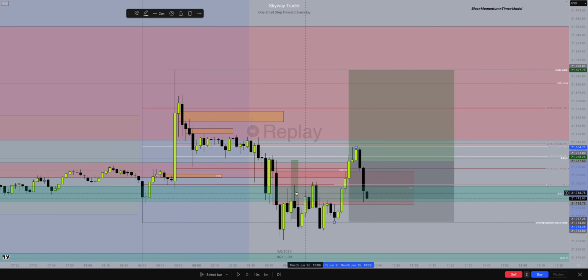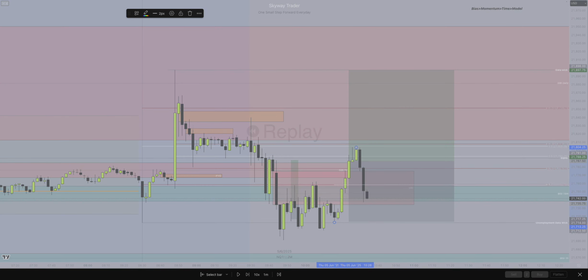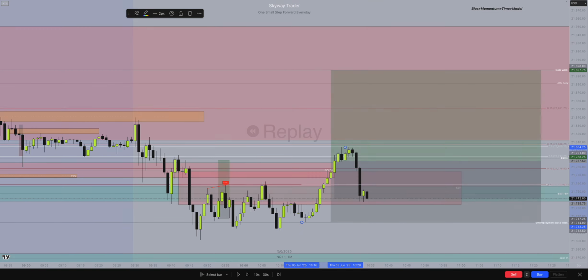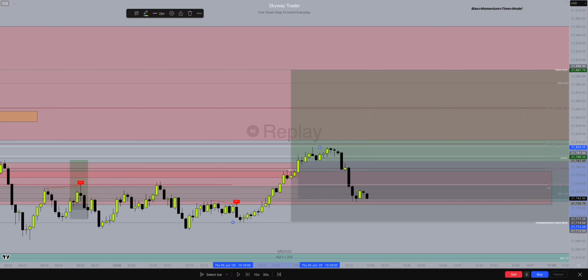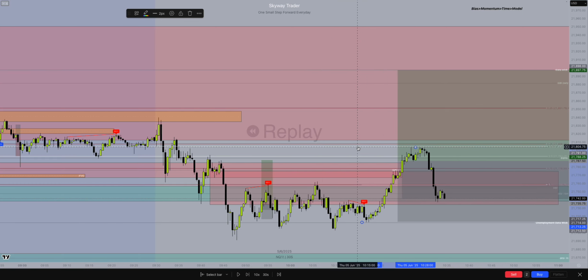We have a BISI here. Not a significant one. This is not significant. But let's see on the lower time frame. Do we have any significance? No. Not much to work with. All that we have is 50%. And your conviction here has to be really good. Like you got to be pretty committed to a move up higher.